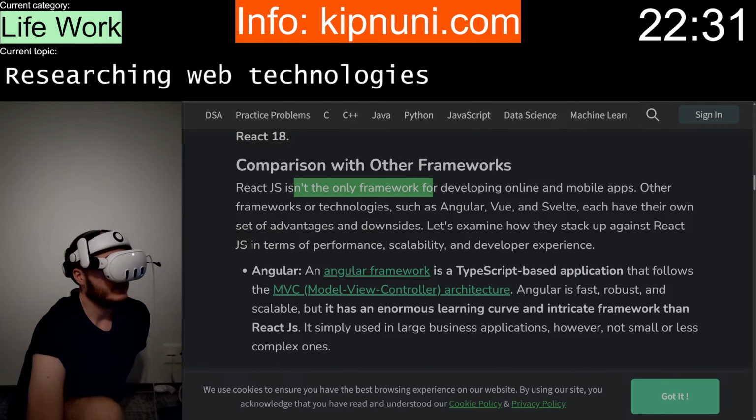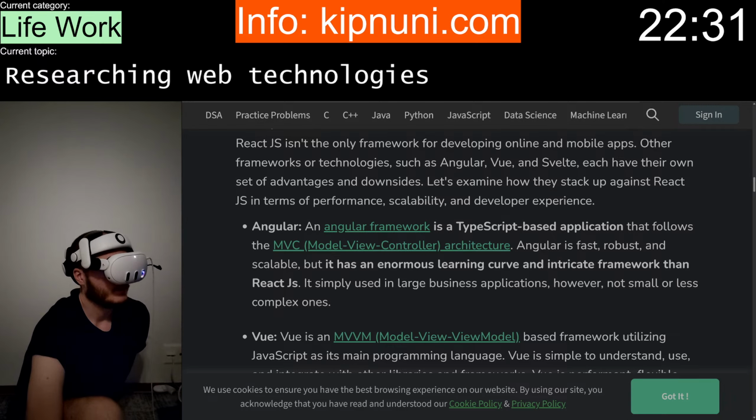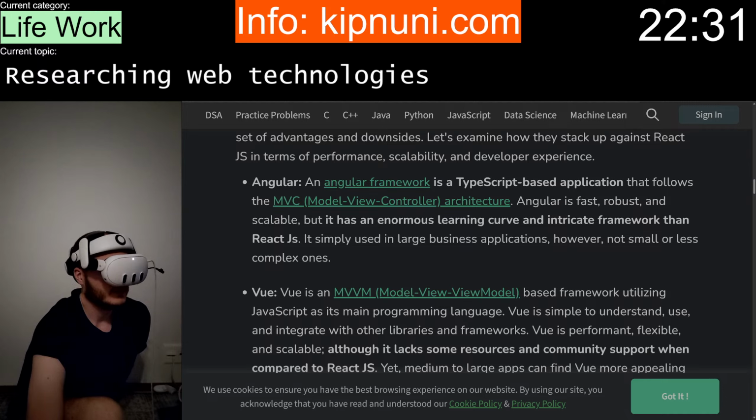Isn't the only framework: Angular, Vue, Svelte. Angular. TypeScript based, nice. Follows the model view controller architecture. I haven't watched any Angular stuff, I think, so I'm not familiar with this.